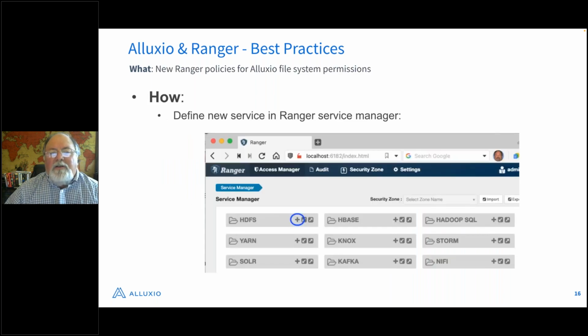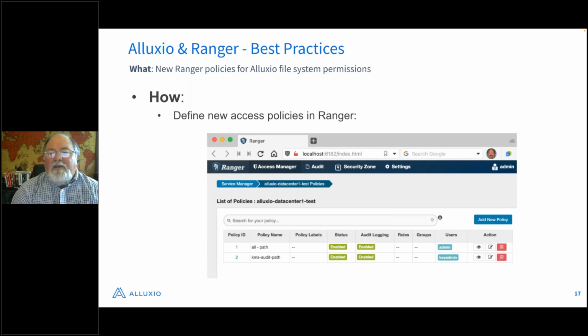So how do we do that? Well, you'd go into your Apache Ranger admin screen. It may not look just like this. You might have one that's customized, through Privacera, like Privacera 4.7 and 6.1, that sort of thing. Or you might be using the one that comes with Hortonworks or Cloudera, but it's going to look similar to this. You basically just define a new HDFS service type. You hit the plus sign there, and then once you do that, you click on the Add New Policy button, and you start adding policies that define what groups and what users can access which Alluxio paths in the Alluxio virtual file system, in the virtual namespace.